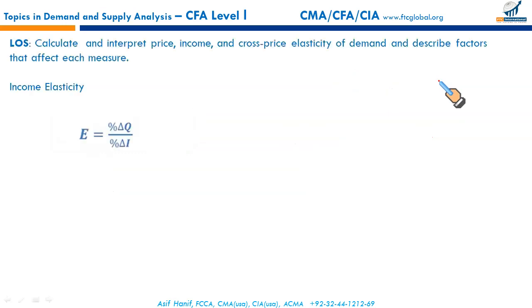Let's now do this from another aspect, called the income elasticity. So just like we have simply replaced, the denominator has now been replaced with income. Now it measures how the change in quantity demanded would be influenced by the changes in income. Like if my income goes up, to what extent my quantity demanded goes up, or to what extent my quantity demanded may go down. So income elasticity measures the responsiveness of the quantity demanded to changes in income level.